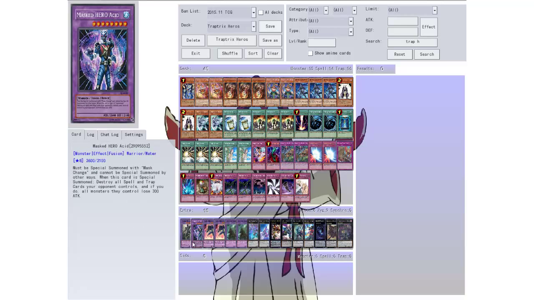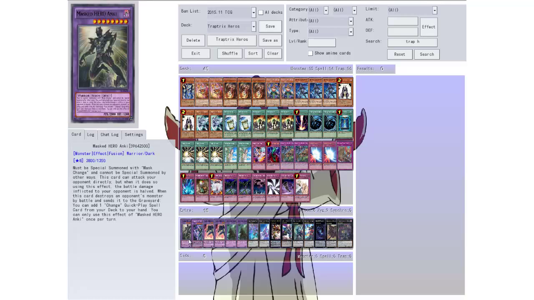Now let's go to the Extra Deck. We have one Mask HERO Enki. Must be summoned with Mass Change. Cannot be special summoned by any other ways. This card can attack your opponent directly, but when it does...